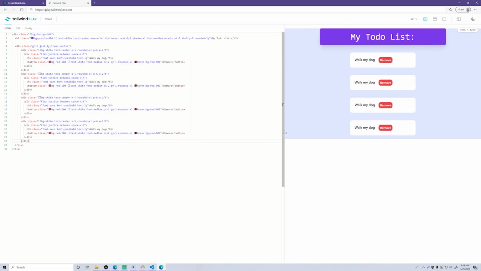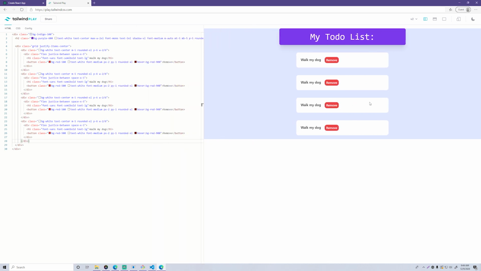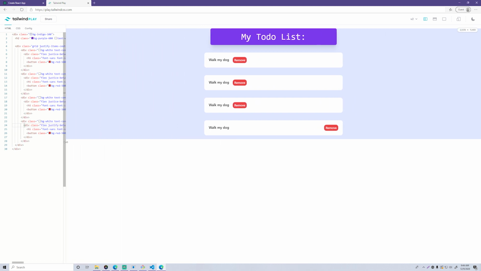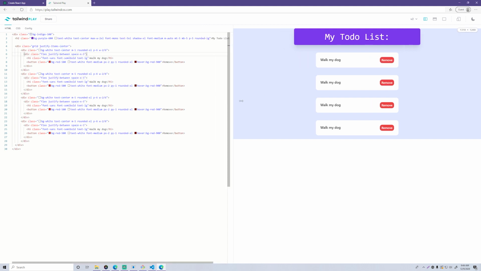It's not perfect, except we should make it so that the remove stays on the right side. We've got to think about, oh yeah, that's why. The justify is supposed to be justify, I think, right? Justify, there we go. So that's why I had justify between. That's supposed to space it out, so that looks way better. So let me fix it on these other ones here. So justify, and justify, there we go. So now it looks way better already.